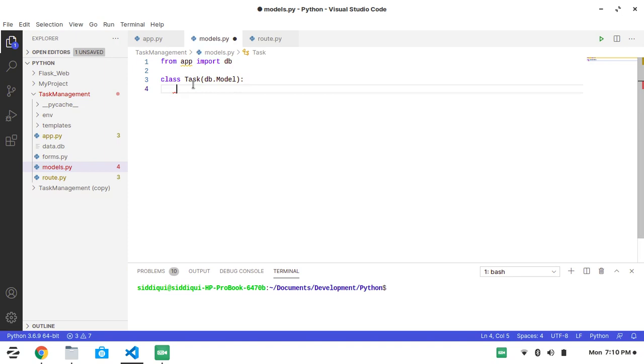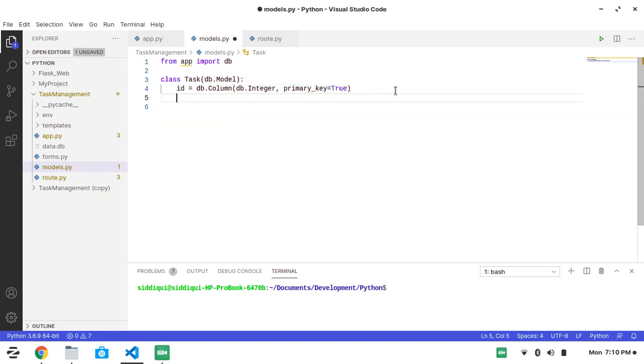Okay, then we have to provide the fields. The first field we will give is id, and say db.Column. Then the data type we have to provide. In this case, I will provide Integer, and primary_key equals True. So what I have done here is I have created an instance of the column as id, with data type integer, and set it as a primary key. Because tables should have a primary key, a unique key, we use id as the primary key of the table.